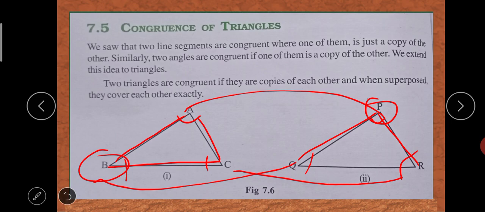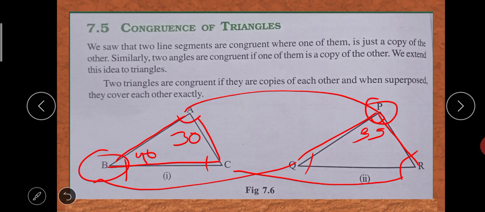In the question, sometimes they tell you about the measurement. Okay, suppose angle A is 30 degrees and angle P is 35 degrees. Now when we place them, we will find they will not be the same, because the sum of the measures of the angles is 180 degrees. So here suppose it is 40 degrees.